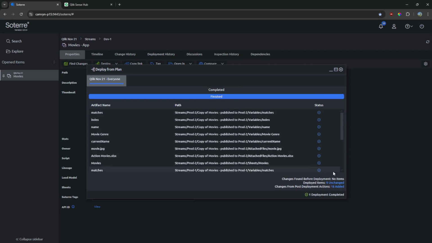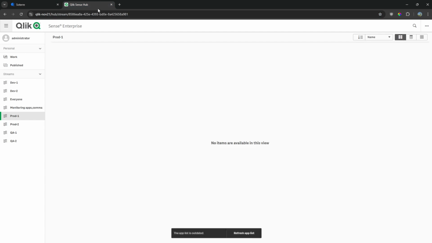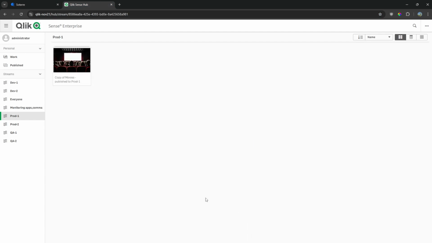So now we have our results. We have 9 unchanged deployed items, which is expected because we didn't make any changes to our Movies app. And then we have 18 added. As we can see here, we've got 1 app in our prod 1 stream and 1 app in our prod 2 stream. So if we come to Qlik Sense and we refresh our app list,